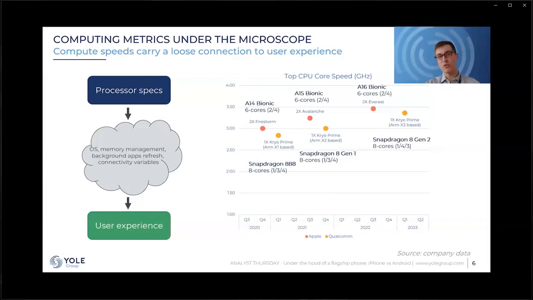The Qualcomm approach has been a little bit different. Qualcomm has had 8 cores for some time now, and their approach has 3 tiers of performance.